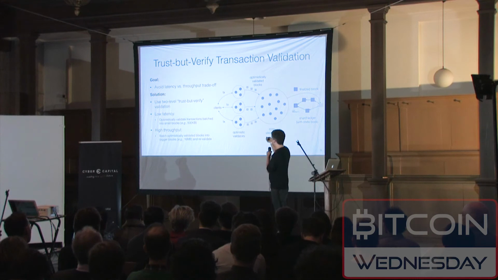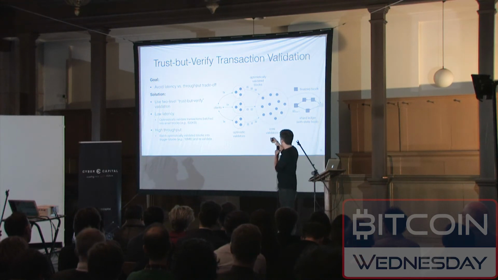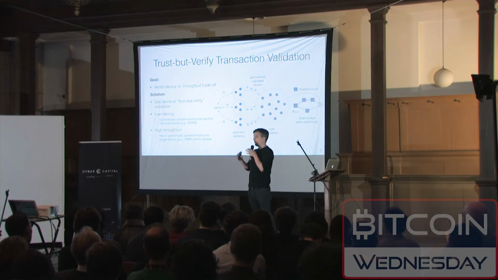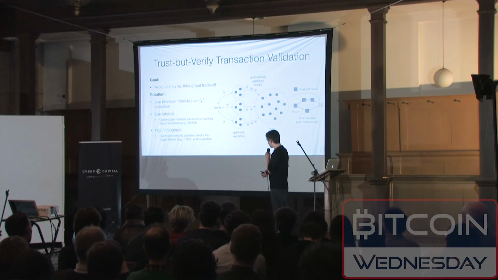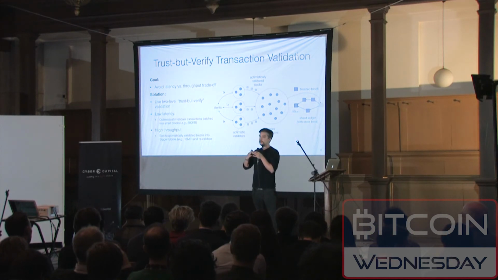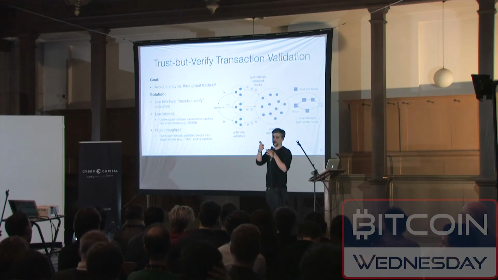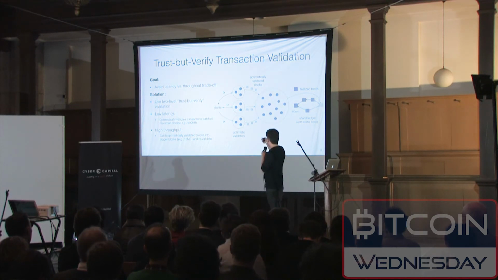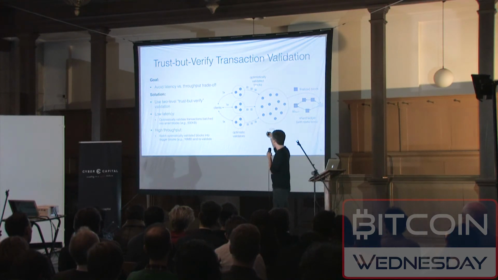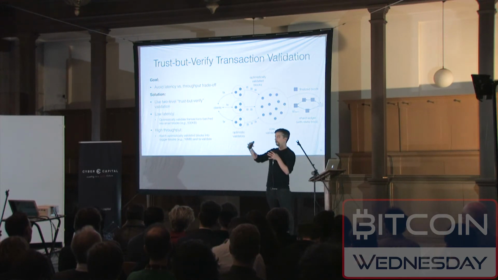Namely, some of your validators form what we call optimistic validators, and a client first sends his transaction to these optimistic validators, and they check the transaction and say, okay, we can immediately confirm that the transaction is good, and the client can go his way and present the proof to, for example, the web shop or whatever. But these optimistic validators collect these transactions and send this optimistically validated block to a set of core validators